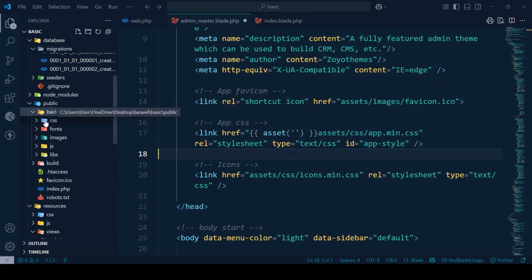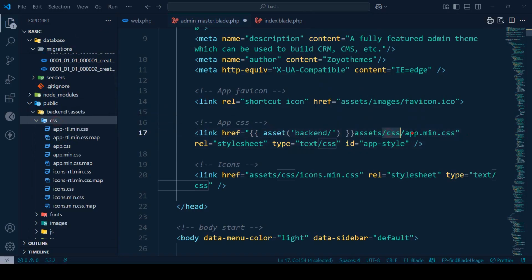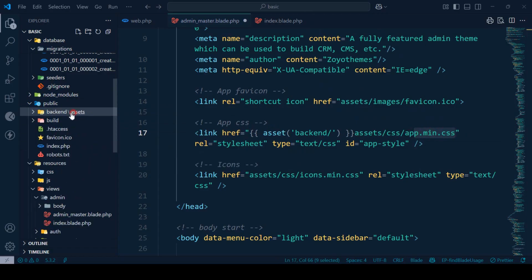And into this public folder, I now want to go back to another folder as a backend. So I name it backend, and slash. After that, the rest of our URL will be the same, because asset, then the CSS, and into this CSS area, that is our appmin.css. That means in our CSS, that is our appmin.css. The rest of everything will be the same, only this part will be